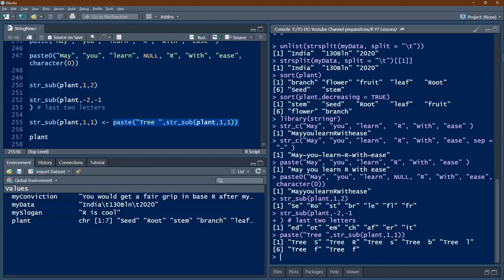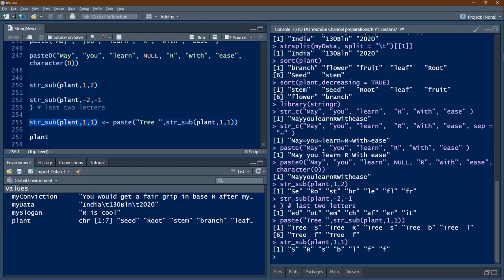This vector basically is what I am going to substitute here in this place. What is happening here? String underscore sub plant 1, 1. What is this? Let us execute this portion only. Control C and we will execute it here. So I am getting the first letters of each of the strings.